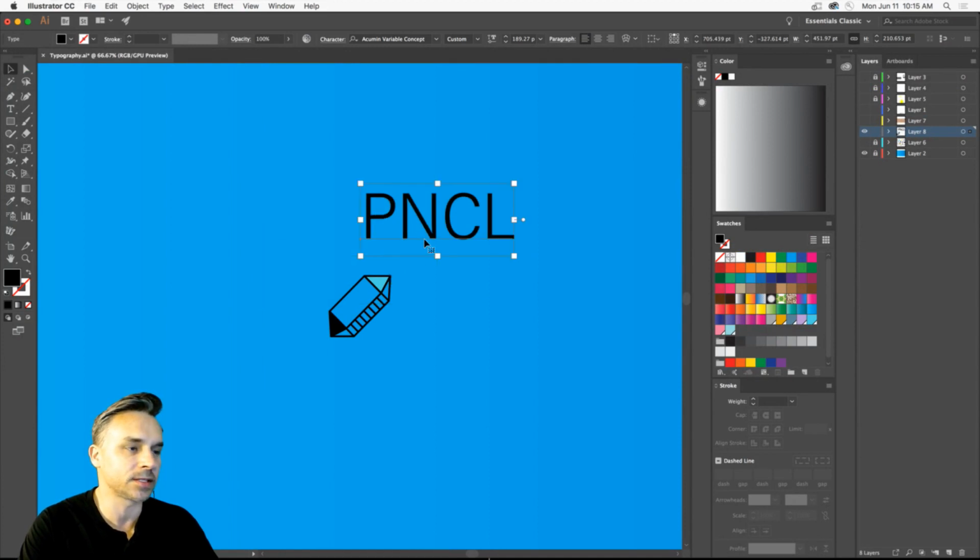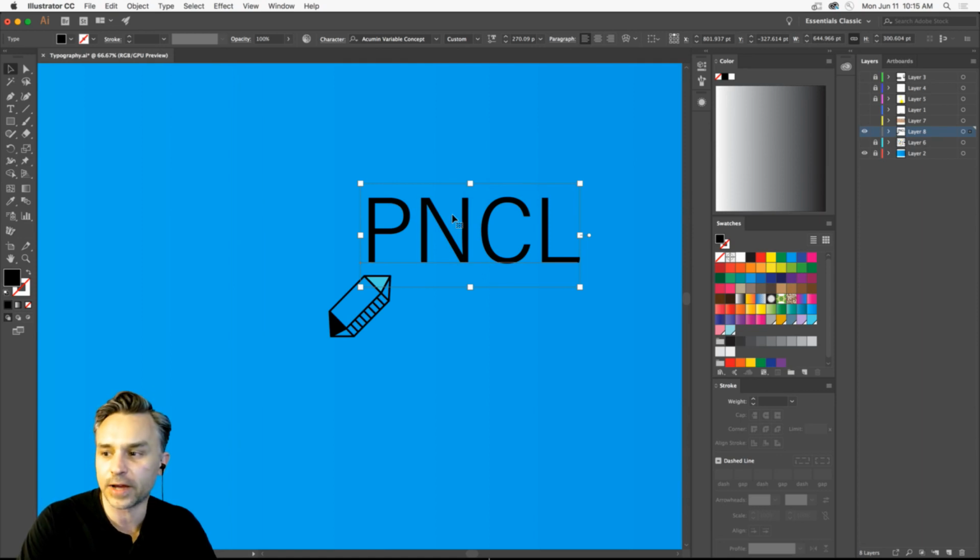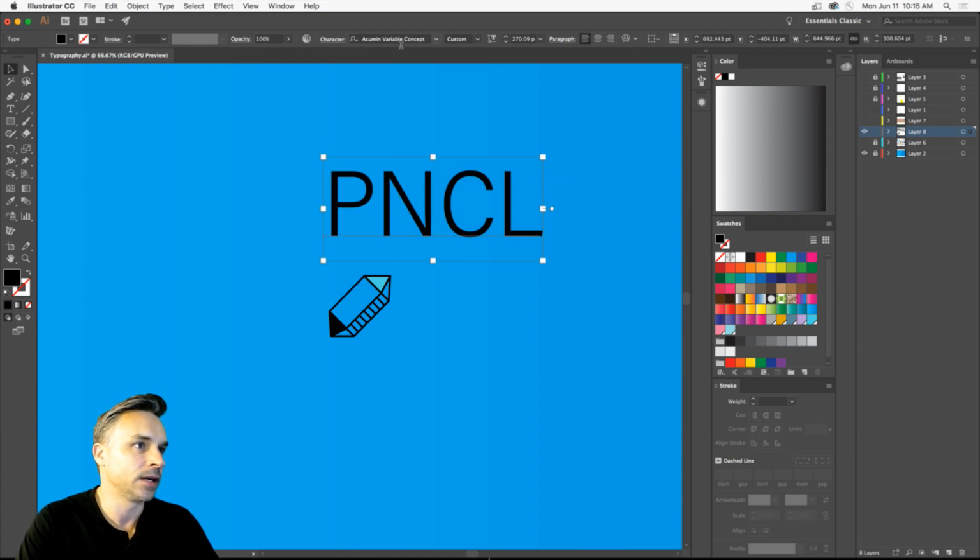This is something I'm working on, this logo for Pencil Factory. Okay, so it says create a logo in the Bauhaus style. And I think the Pencil Factory is basically a building, a co-working space in Brooklyn. And I thought, okay, well, let's make them a logo, right? So here's my, this is what all the cool kids do these days, is get rid of all the vowels, right? And then we can come in here.